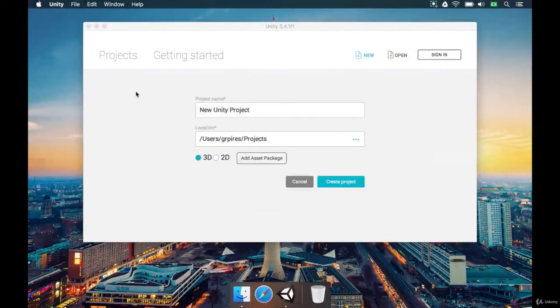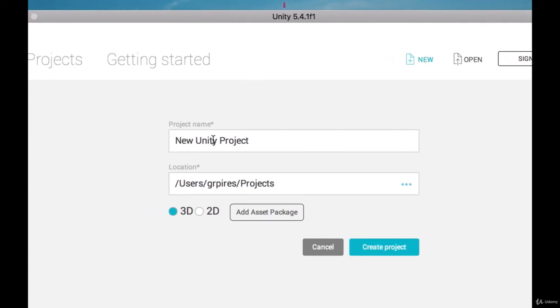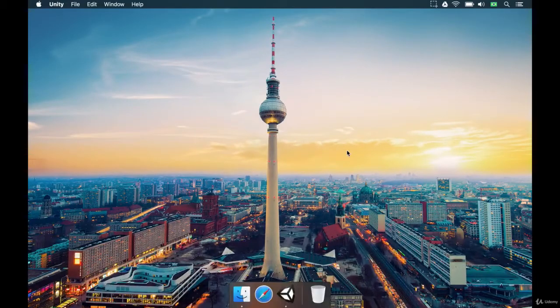Hey there, welcome back. So in order for us to learn more about coding in Unity and in C# in general, we have to make a very simple project. So we open Unity, go to the top right corner of this window and click on New to start a new project. This project name is going to be Code Introduction, and the location is going to be a projects folder. We're going to leave 3D as enabled, and we're just going to click on create project and wait for